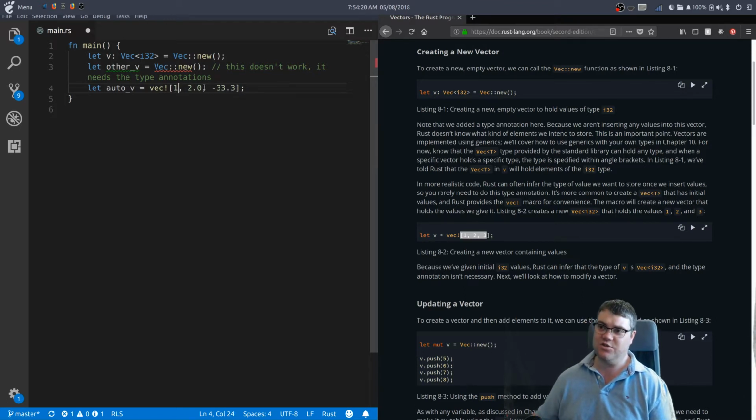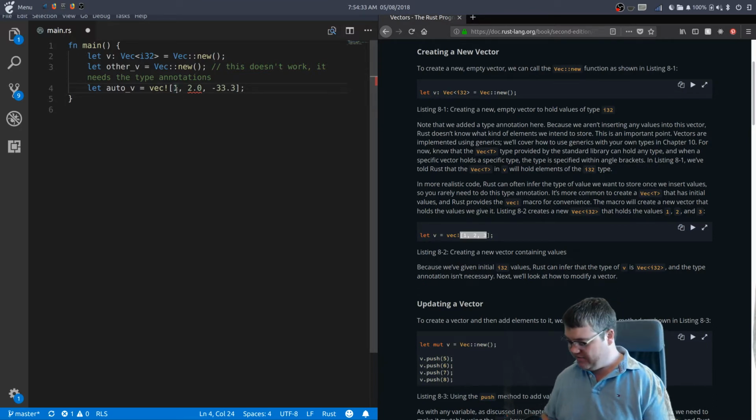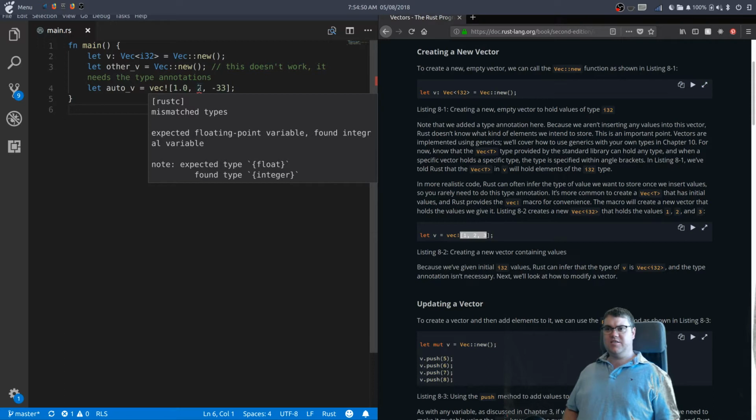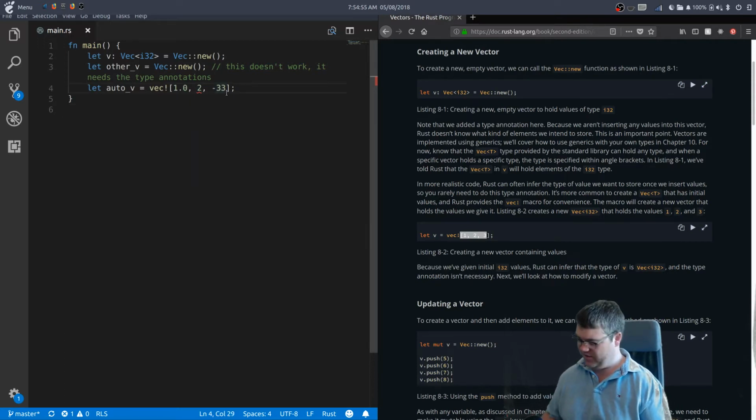So it sees this first one, and I think for floats the standard is f64. Yeah, I don't remember it mentioning what the standard was, but it probably did in the table, and I forget. So if I have like 1.0 to make this a float, and the rest are not, will it not be happy because these are i32s essentially? Interesting. Expected floating point variable, found integral variable, but it's not yelling at this one. So if I give this a 2.0,